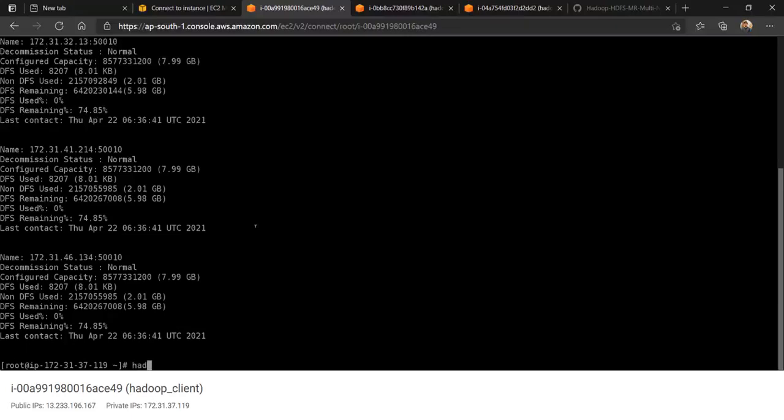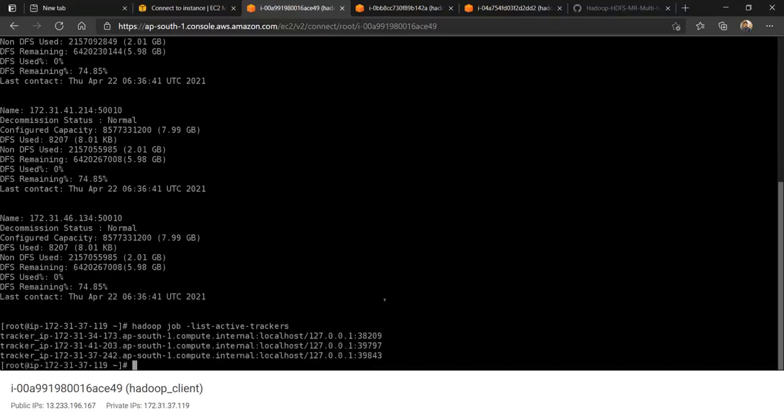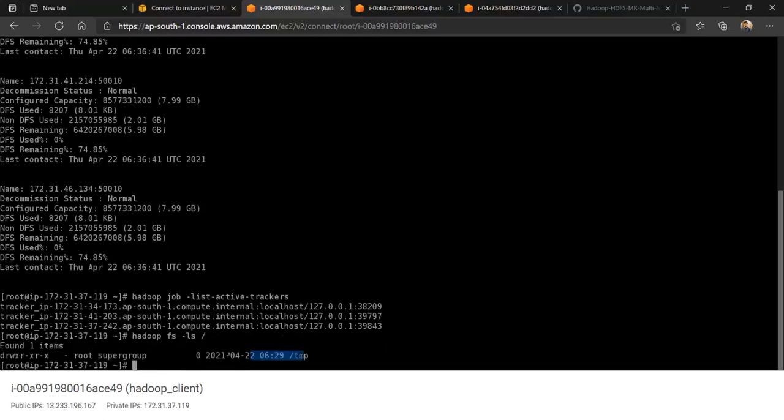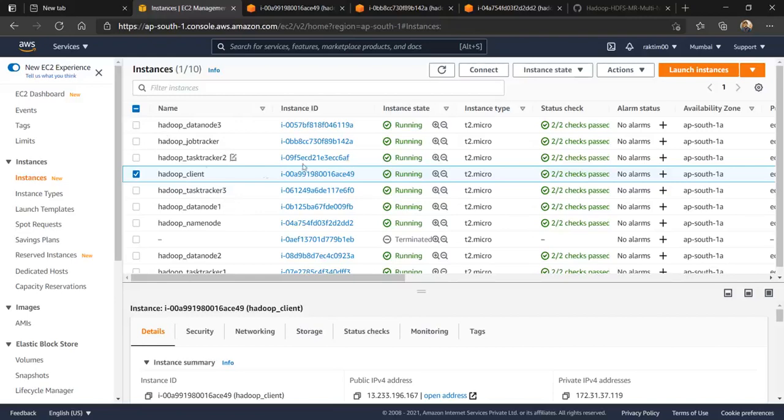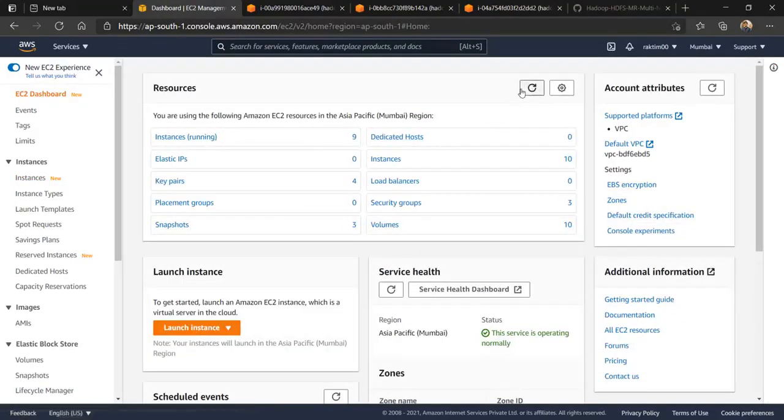Let me run hadoop job -list-active-trackers. You will see there are 3 trackers. And just to see if it's working, hadoop fs -ls /. As we know, when we create the job tracker, it by default creates one /tmp folder. So this was the total practical, and there are 9 instances currently running.